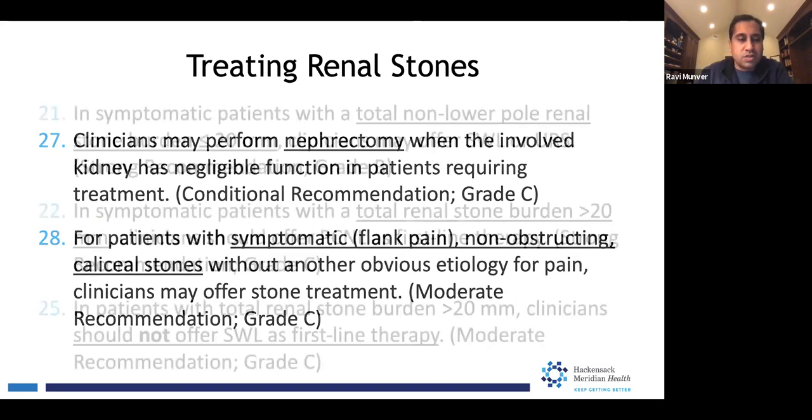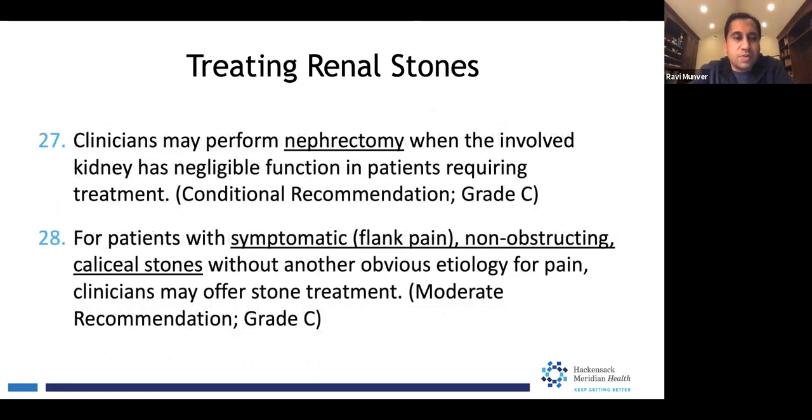Number 27. Why did we move from 25 to 27? Because the other recommendations are in other parts of this lecture. Number 27: clinicians may perform nephrectomy when the involved kidney has negligible function. What is negligible function? Well, I typically get concerned when we're dealing with under 20% function. Now, if there's a normal contralateral kidney, 18, 19% function, to me is significant. Definitely under 15% function. But again, this is shared decision-making. If there's ever a concern, get a nephrologist involved to see if it's worth salvaging a kidney with under 20%